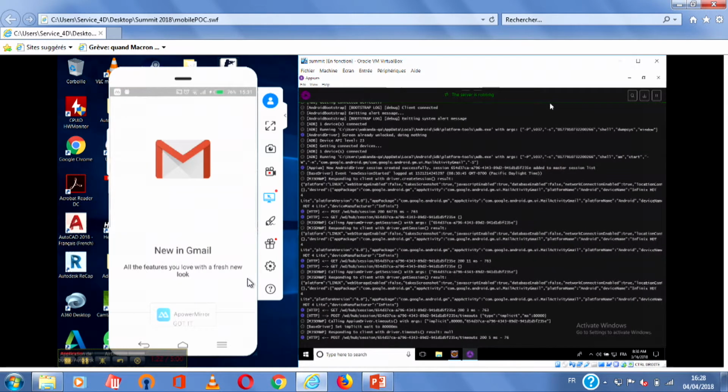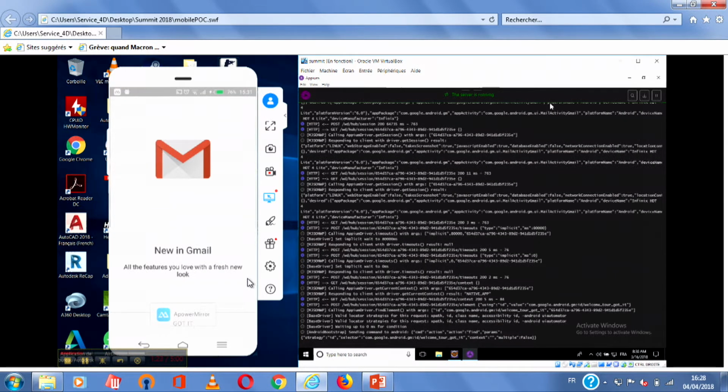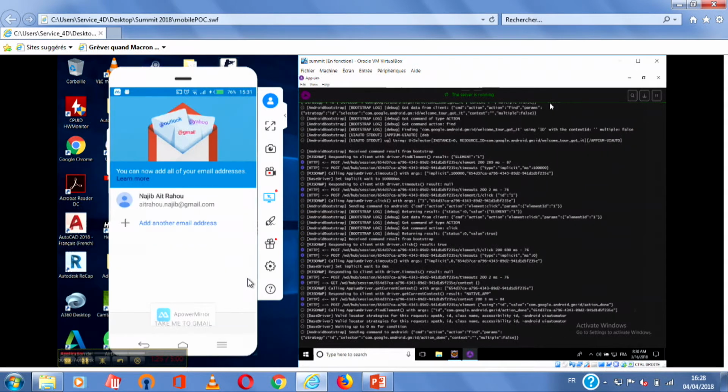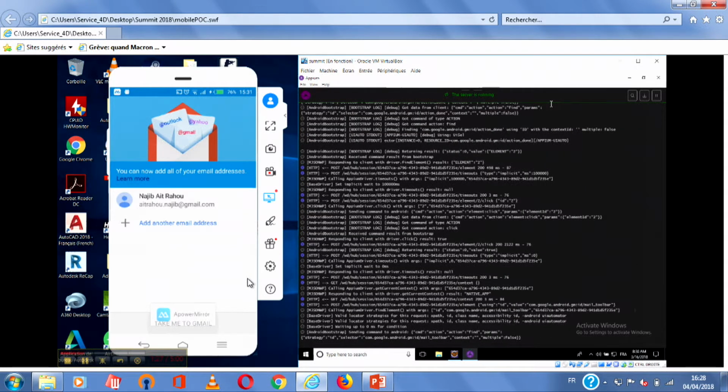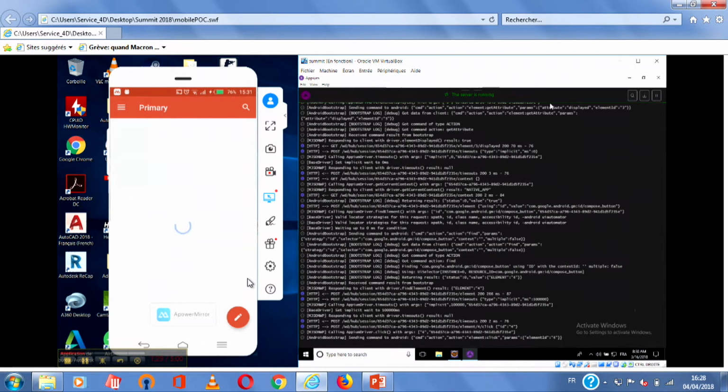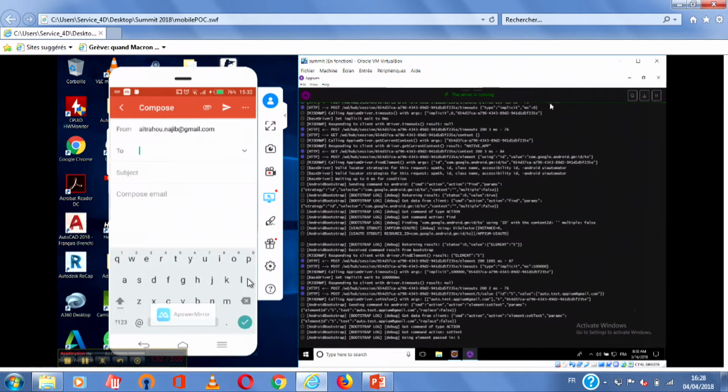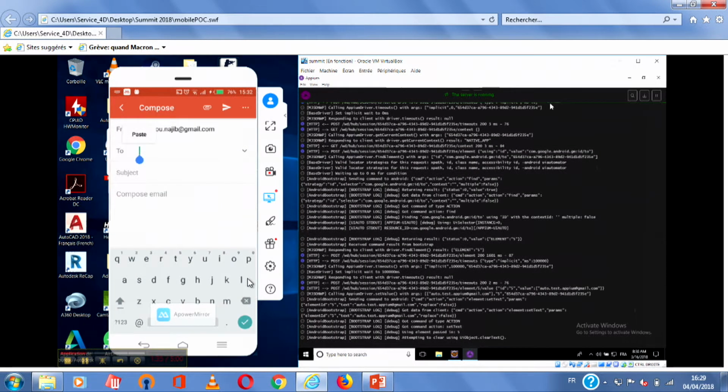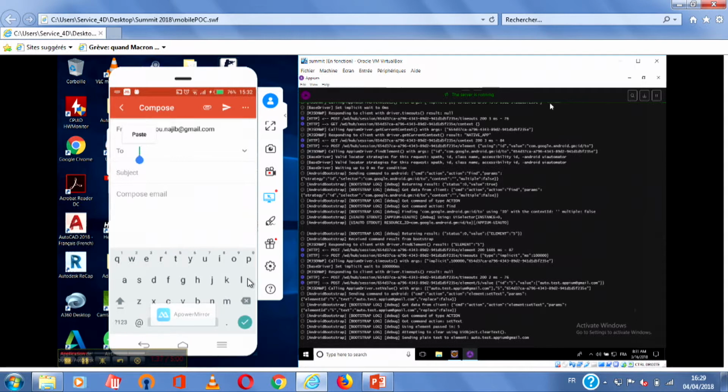So you can see that the Gmail mobile app has been started. We select the account that we will use. We fill the information about the email, the recipient, object, and body of the message.